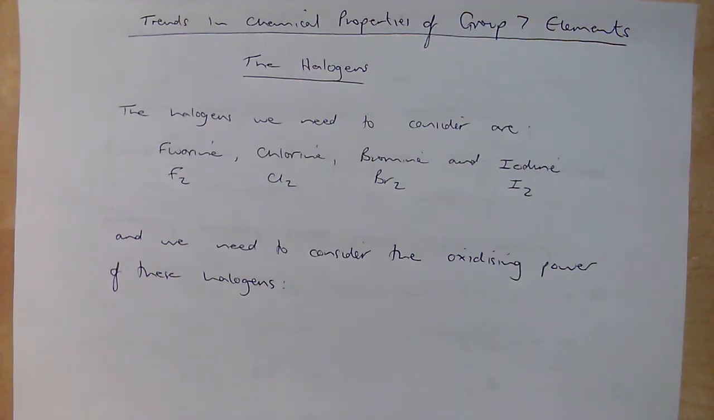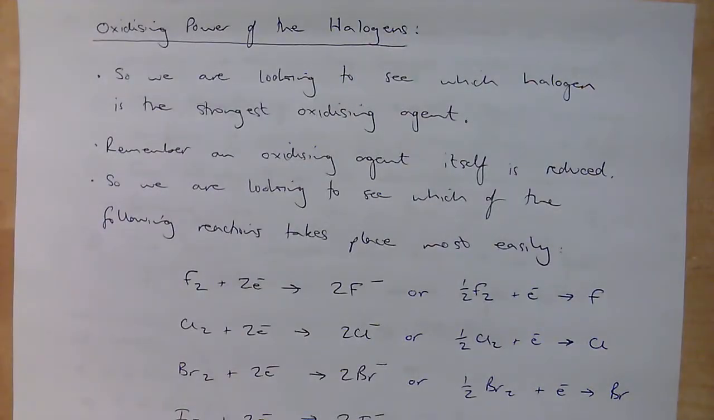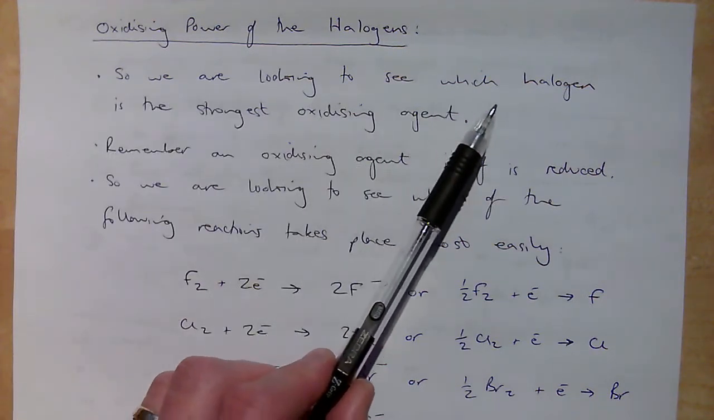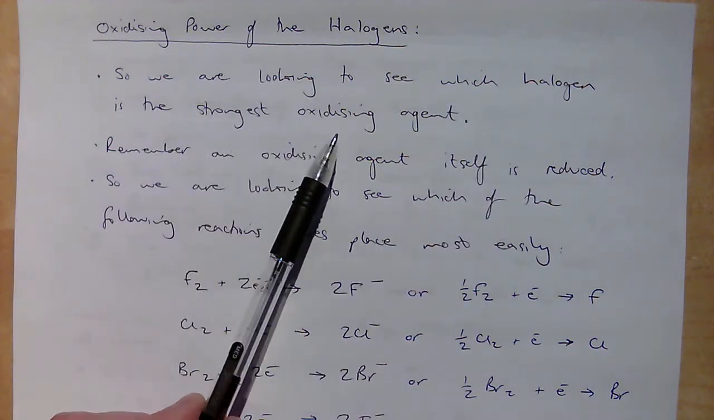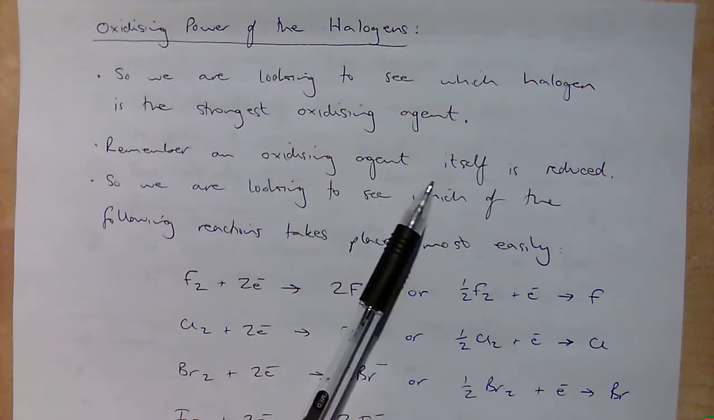And we then need to go on and consider the oxidizing power of these halogens. So that's what we're looking at today, the oxidizing power of these 4 different halogens. So we are looking to see which halogen is the strongest oxidizing agent, and remember, an oxidizing agent itself